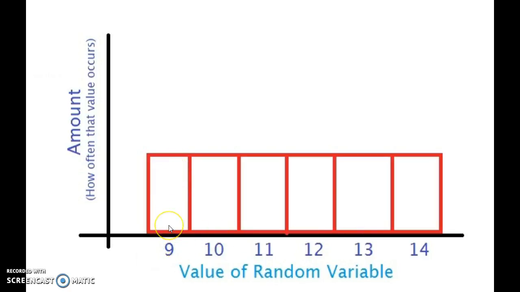Some days they're feeling better, I guess. They're feeling quicker. They run that 9-minute mile. Some days they're feeling a little more sluggish. They run a 14-minute mile. But for them, it's uniform. Their measurements over the course of the year were pretty evenly spread out among all the different times. They didn't really have one time that stood out more than the other. So you can have a uniform distribution if the variable that you're measuring is consistently the same across all the different values that it could take on.